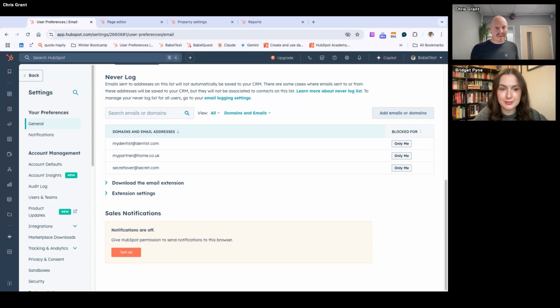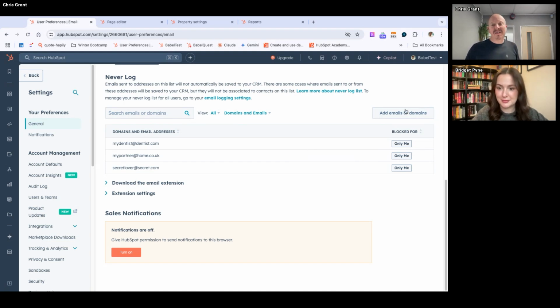I know that if you skew older, my age group, you might be more likely to use your work email address to book a trip to the dentist, or arrange your affairs or something like that. You see it all, and that's actually deep down what people are typically worried about. Sometimes they're worried about other people seeing the emails that they're sending. Secret Lover is a must. Absolutely block those emails. It's very easy to do,